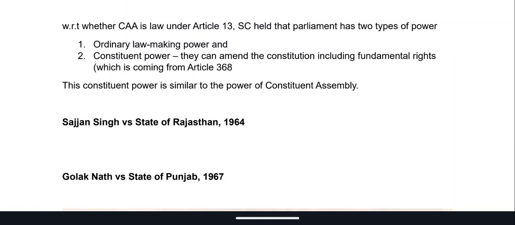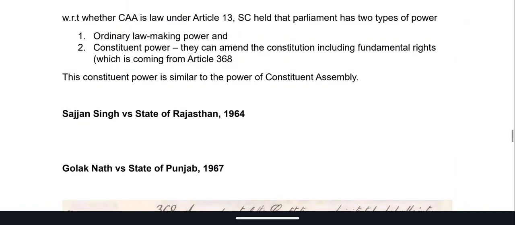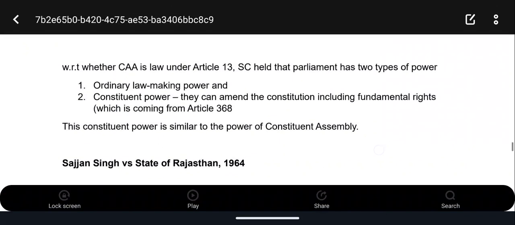As I am not deriving the power from the ordinary lawmaking power, the Constitution Amendment Act cannot be an ordinary law, thereby it will not fall under Article 13(2), is what the Supreme Court's analysis was. Now, the final crux of this Shankari Prasad case was, one thing was, the Constitution Amendment Act is not an ordinary law which will be covered under Article 13(2), because